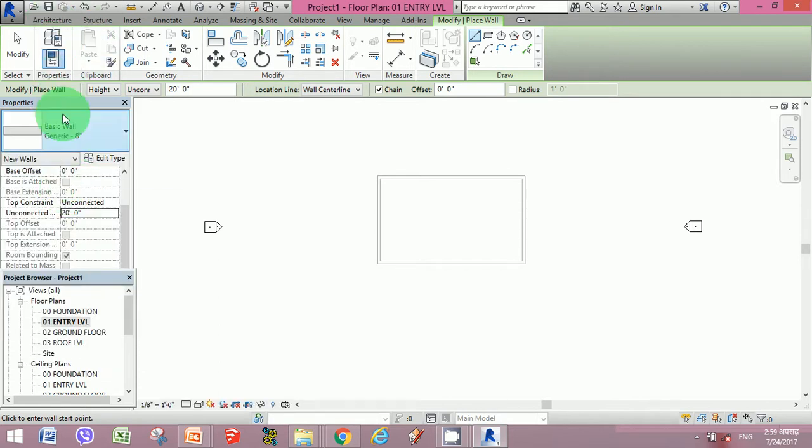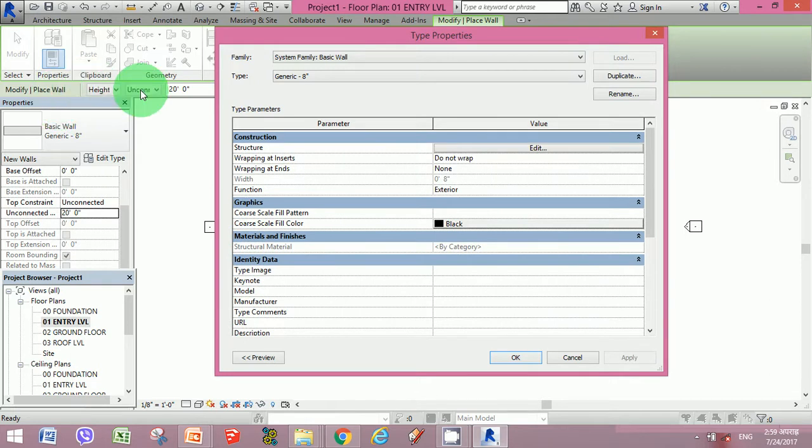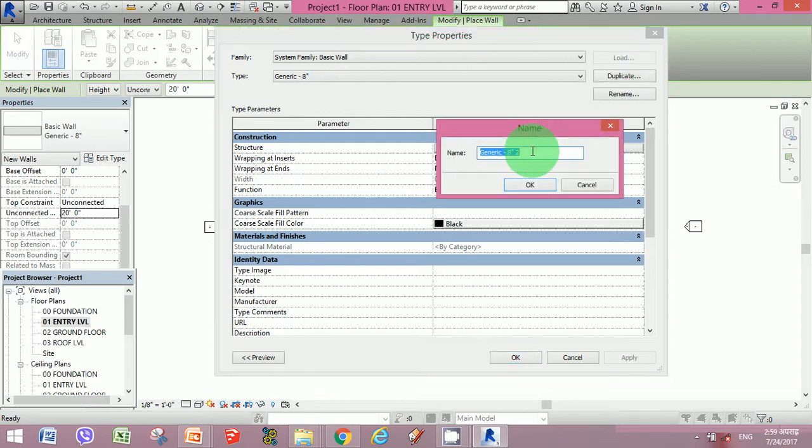Once the wall is selected from the generic 8-inch wall, we go to the edit type menu. For every kind of design tool, we duplicate and edit the tools at first, because we don't want to ruin the existing condition of the type, properties and families that we have given here. Now for this one, we are going to rename it as sample 9-inch wall.